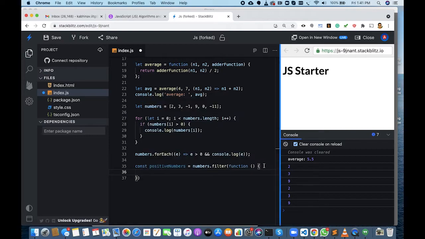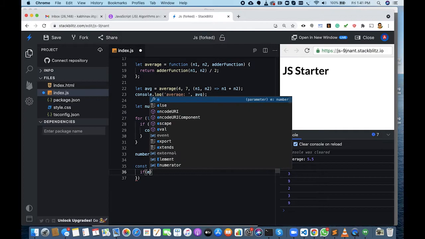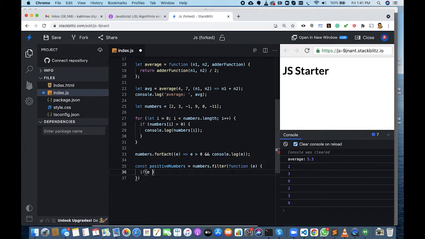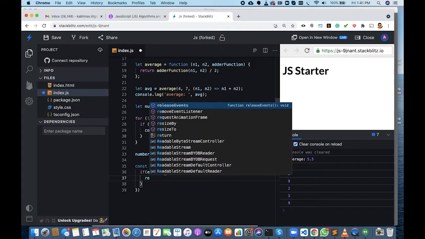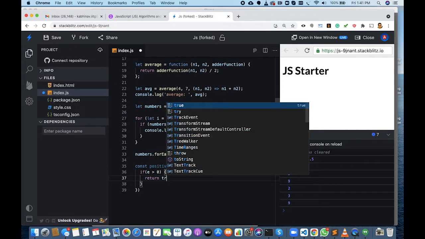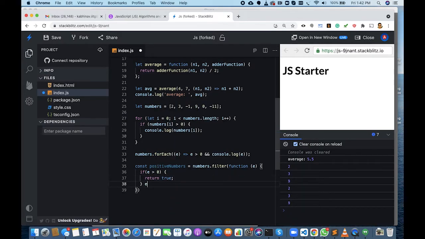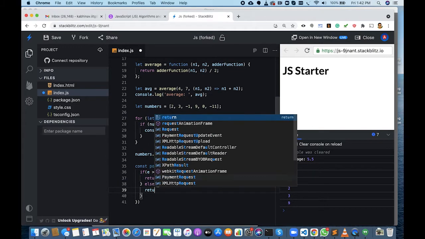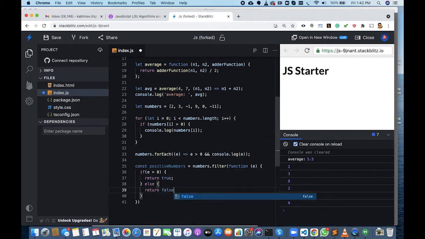It takes an element, let's call it e. If e greater than 0, or I'll first write the long way, return true, else return false.